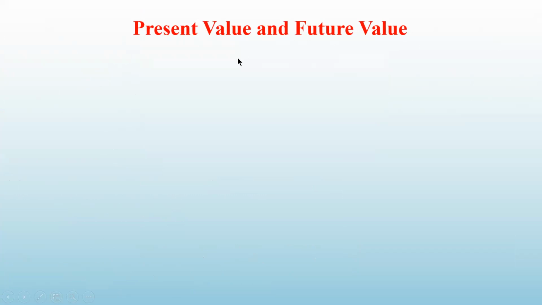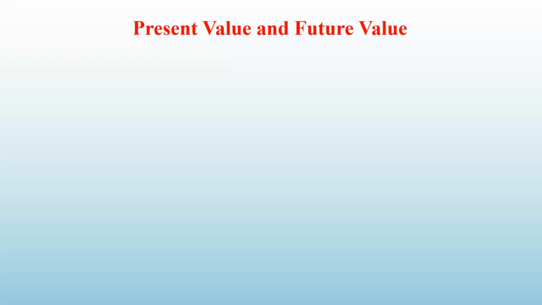When you put some amount in the bank and after 1 year you get your amount with some interest, that amount which you get after your maturity period is always more than the amount which you have kept in the bank as a principal, correct? Why? Because you are getting the interest on that. So the amount which you are going to get after 1 year or 2 years, whatever your period, is called the future value. And the amount which you have kept today is called the present value.